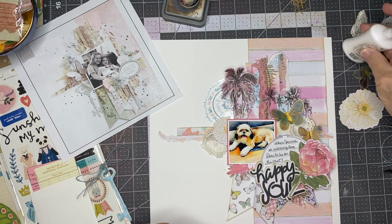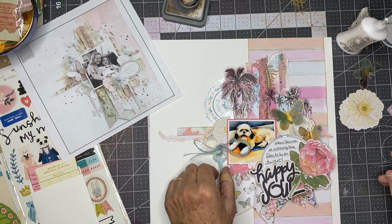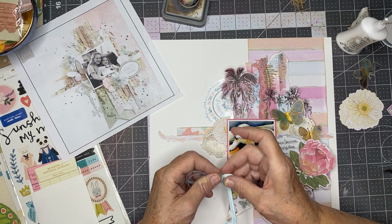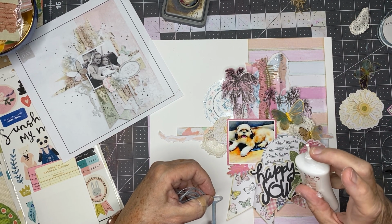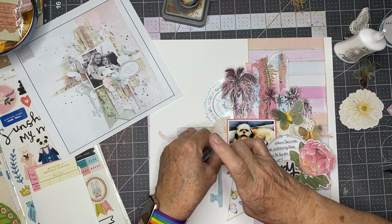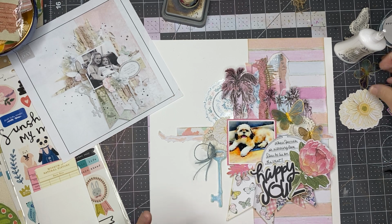Okay, let me come over here, and I want to do the key kind of right in here, and I want this to maybe get tucked. Okay, let me get some glue on it. Some glue leaked from my bottle right there, and okay, and I'm going to do this